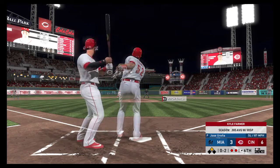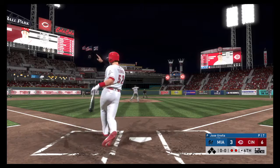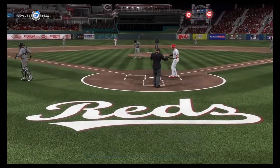Oh, and this at-bat is quickly moving from bad to worse. It's 0-2 now. Real ugly 0-1 swing there. As a pitcher, you've got to be. And we'll have to leave it there as this is